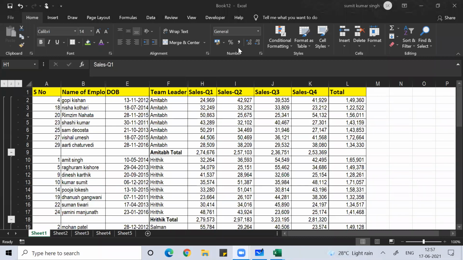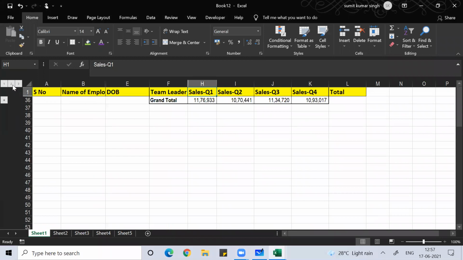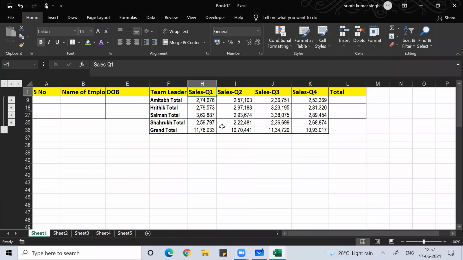Are you liking this, guys? Is this interesting? You understood, right? F5, visible cells only. Copy that. So you'll get three windows like this. I hope you people are liking this.